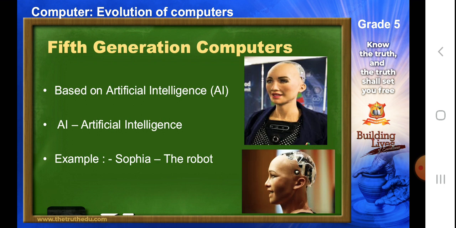But the same thing, if you do it with this robot, the Sophia robot, which you can see in the picture here, she will certainly respond back to you asking, "Why are you smiling?" or "What is the reason for your smile?" Or if you're angry, she will ask you why you are angry. So what it does is it tries to read your emotion, your facial expression, and then process it and then comes up with the question. And all this happens very fast. That is an example of artificial intelligence.